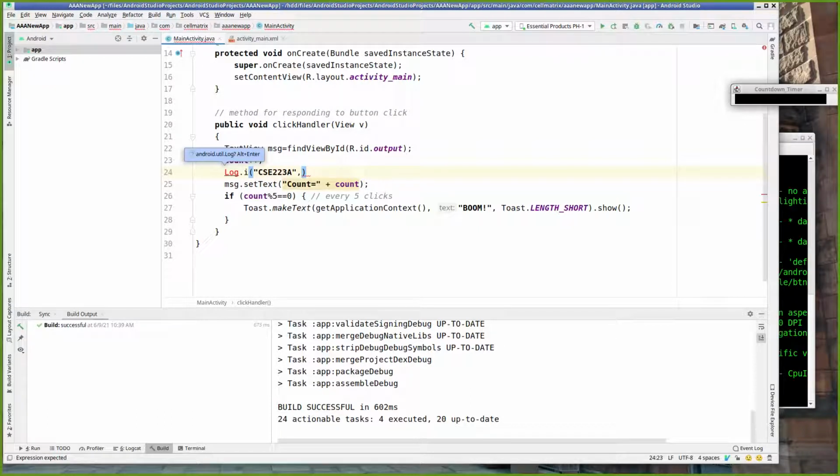And so my message is going to be click received, count equals count. It's not Tuesday, so I'll fix my typos. All right, so I can just Alt Enter to import log. So my tag is CSE223A. My message will be click received, count equals, and I'll look at the value of count. Okay, so now if I go ahead and I run this,